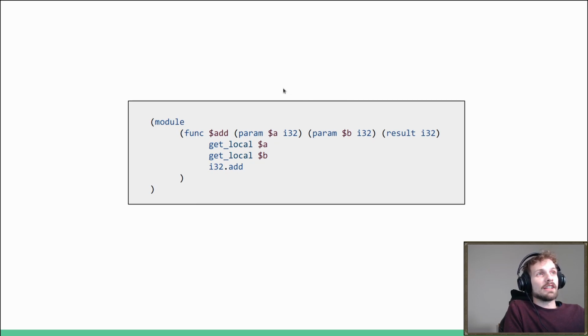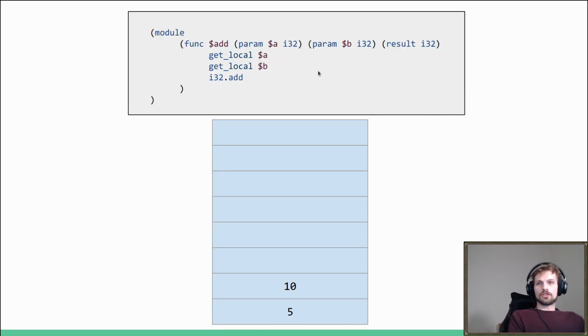So what's going to happen if I call the function add? Well, let me show you. Let's call this function. If you want to call this function, you have to have a stack size of minimal 2 elements. And this is in fact a very cool thing.